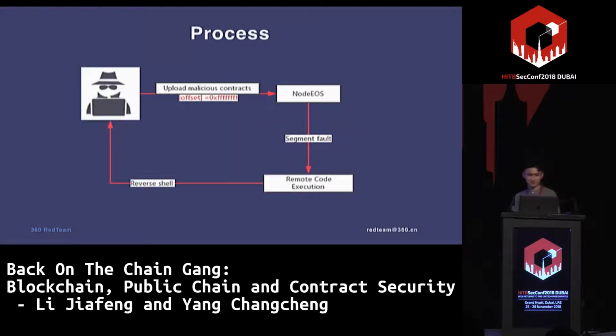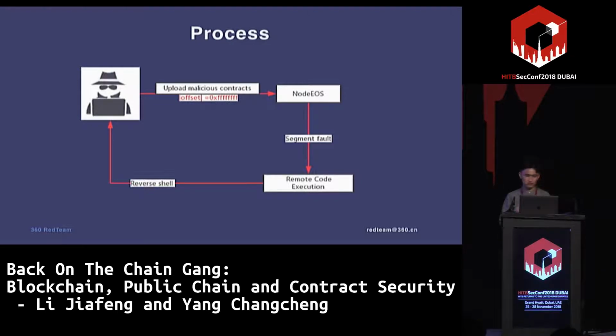The process goes like this. First, the attacker uploads the malicious contract to the node OS server. The second step is that the server's node OS process parses the malicious contract, which triggers the vulnerability. With the out-of-bounds writing primitive, we can overwrite the WASM memory buffer or WASM module instance, and with the help of our malicious WASM code, we finally achieve